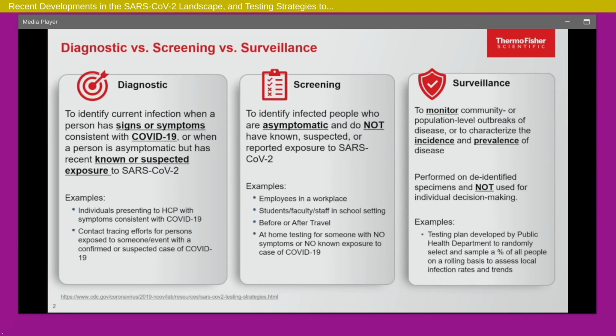And then the third part is surveillance. Surveillance is a little bit of an interesting topic because people use surveillance in monitoring, whether it is serology, what is the prevalence, incidence. For COVID, it has been a little bit interesting because we want to not only know the prevalence and incidence, but we also want to know what is the variant and what are the different strains of the virus that are circulating in the community at a specific given time.